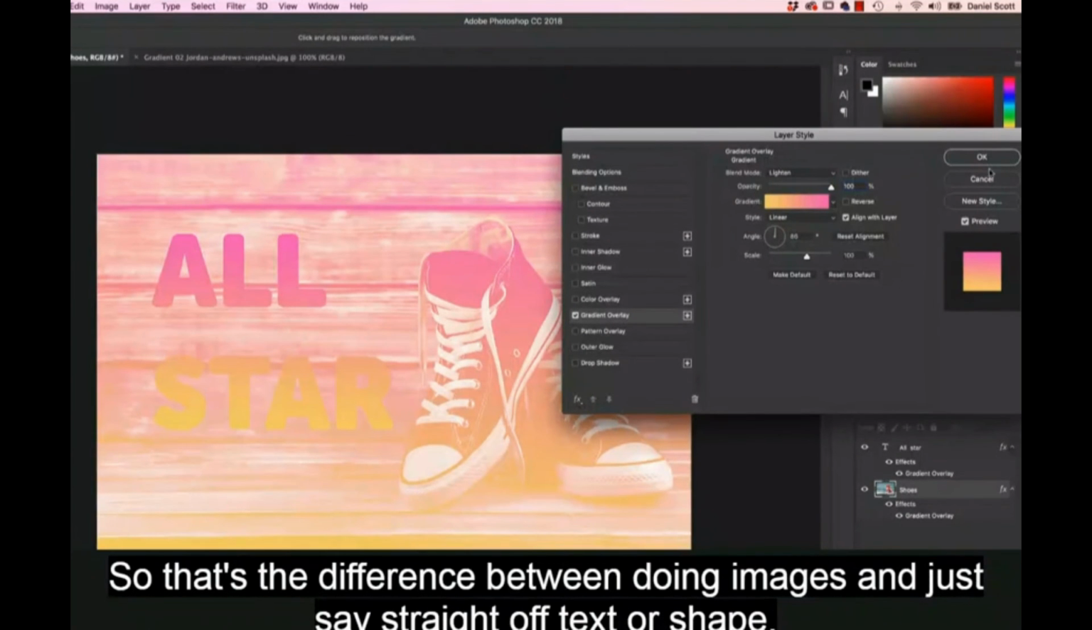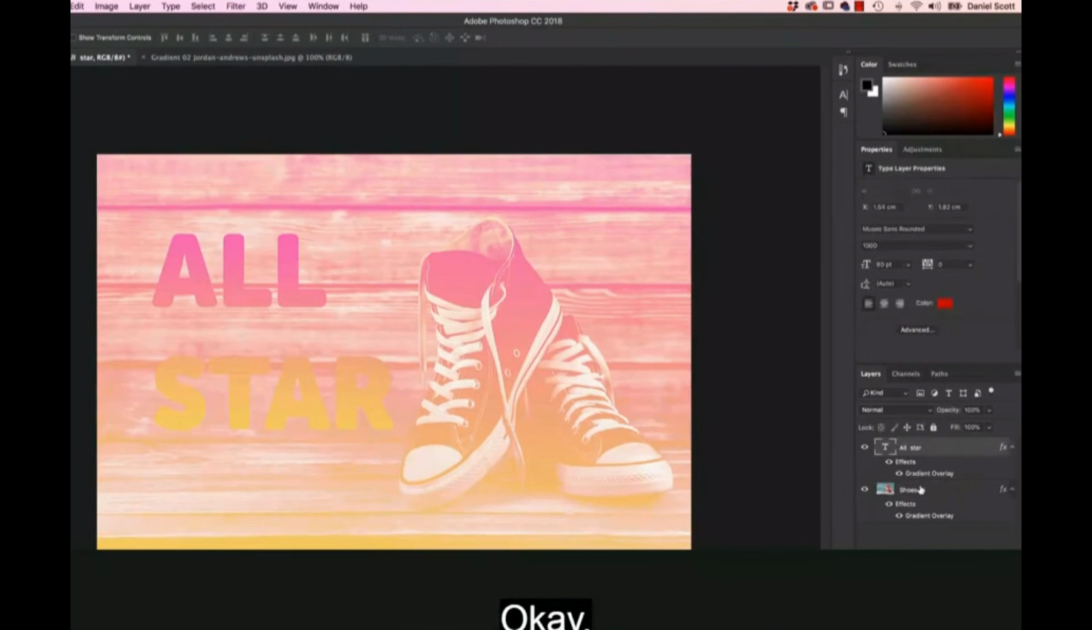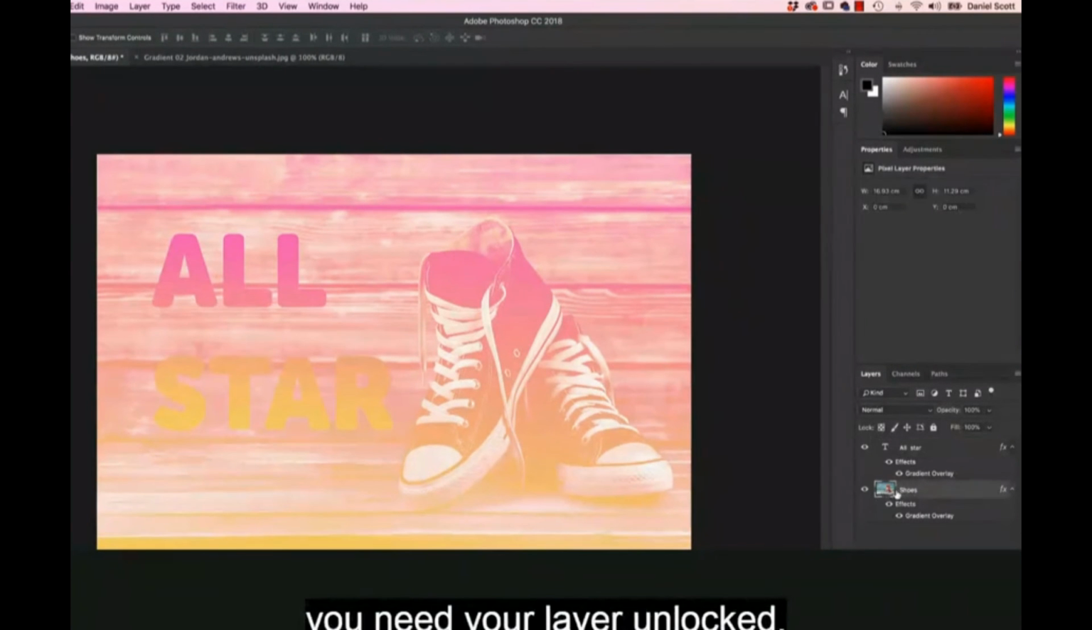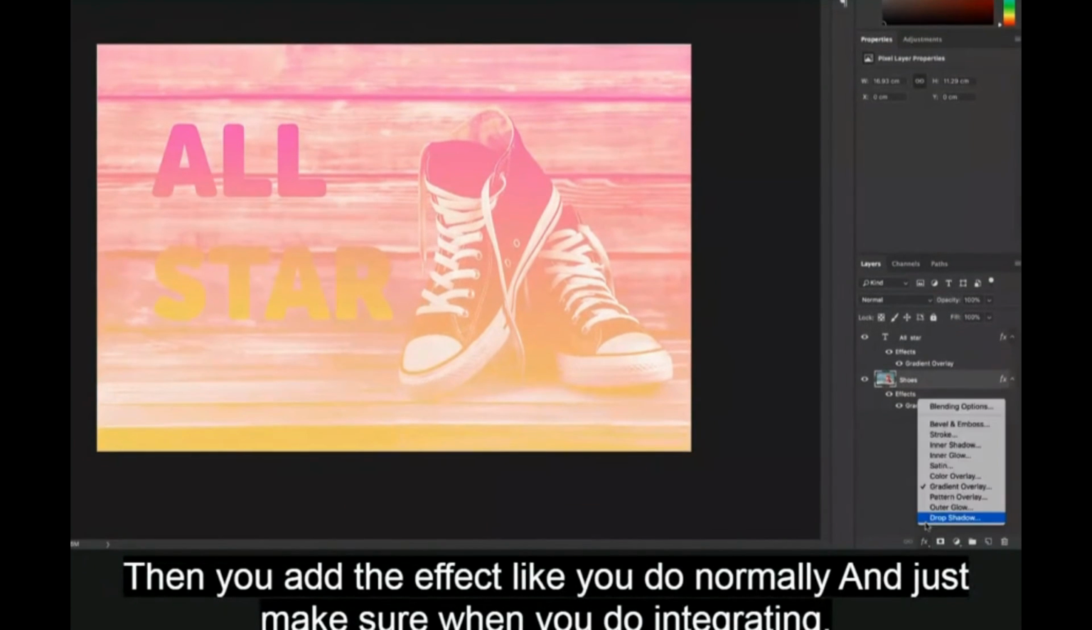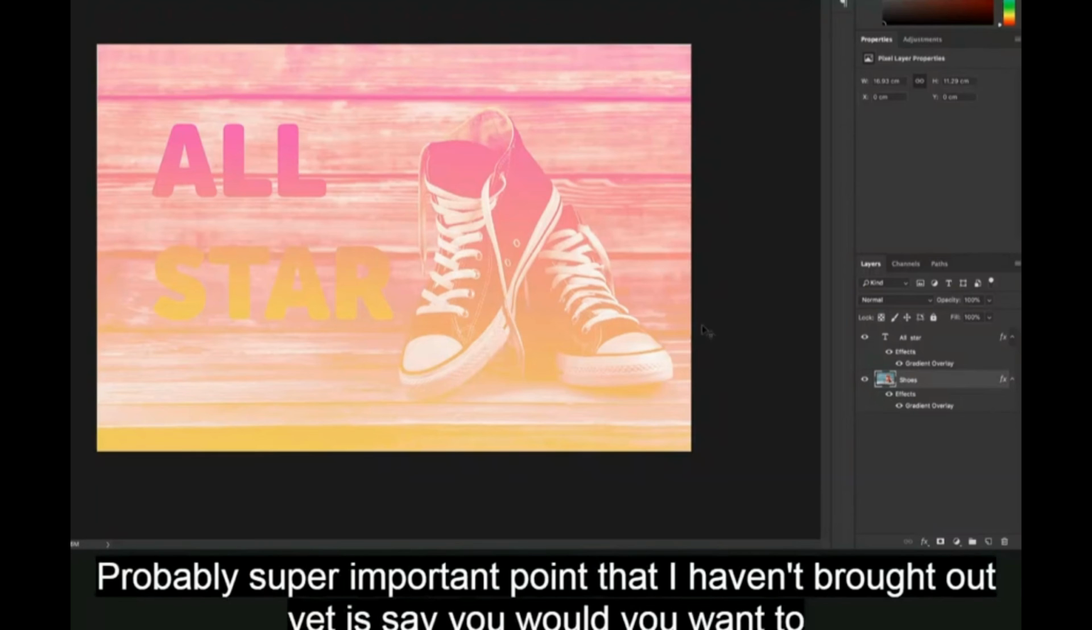So that's the difference between doing images and just, say, straight-off text or shape. First of all, you need your layer unlocked. Then you add the effect like you do normally, and just make sure when you add your gradient, you change that blending mode. Oh, before I go, a probably super important point that I haven't brought out yet is